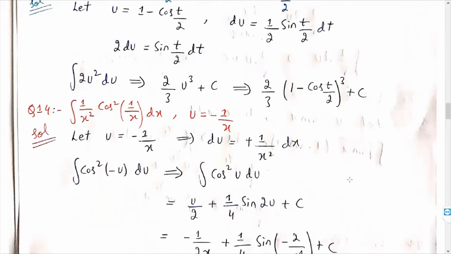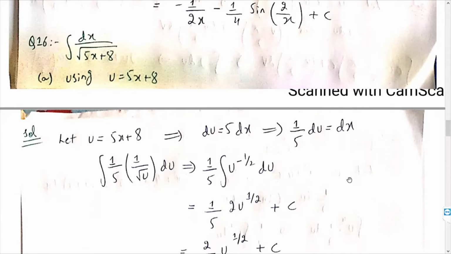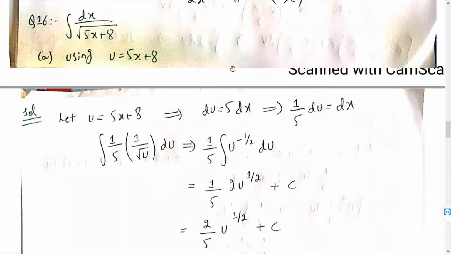Question number 14 is the same as question number 5 and question number 10. Now moving towards question number 16. Once again, these questions are easy just because here they are telling you the substitution. Questions will be difficult where no substitution is given. You have to think by yourself what function you can take for substitution. So here